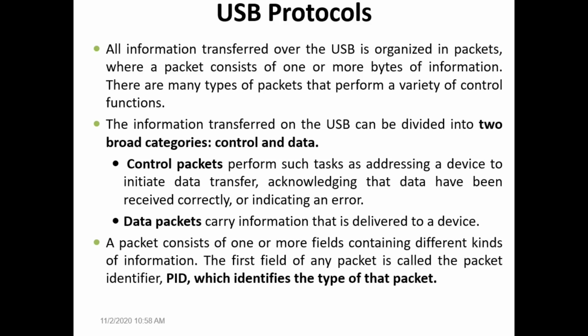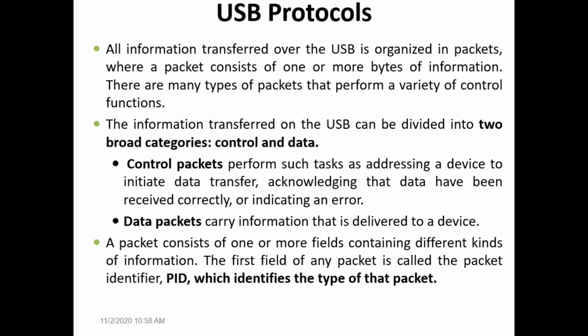Like when a new device is connected, an address has to be assigned to it, or when data is received by an IO device, it may need to send an acknowledgement to the processor that data has been received, or maybe the root hub wants to inform an IO device to initiate a data transfer. These are control information that get transferred in the tree structure in order to handle the data transmission. And the other type of information is the actual data that has to be transferred.